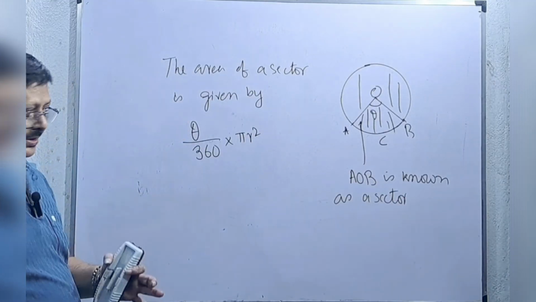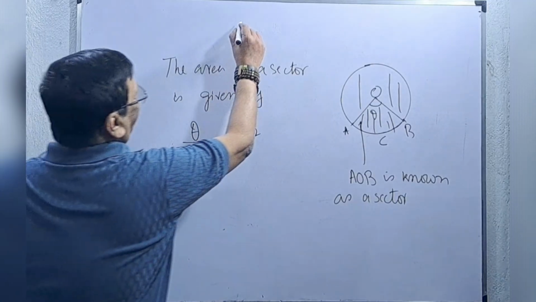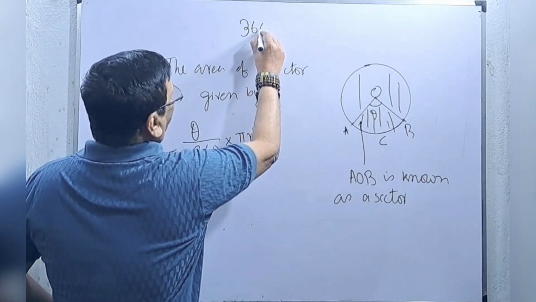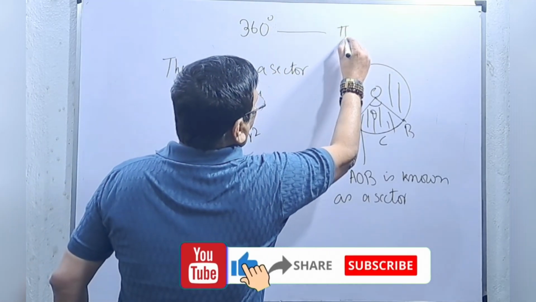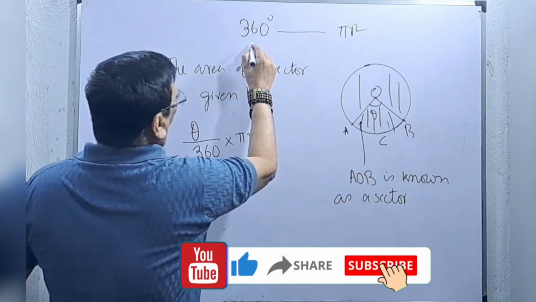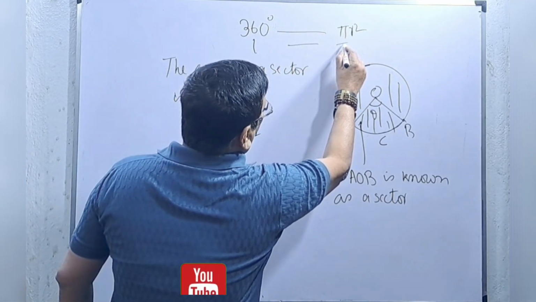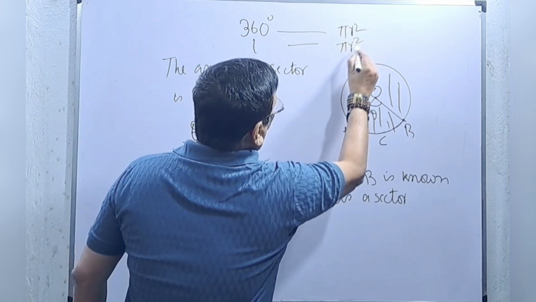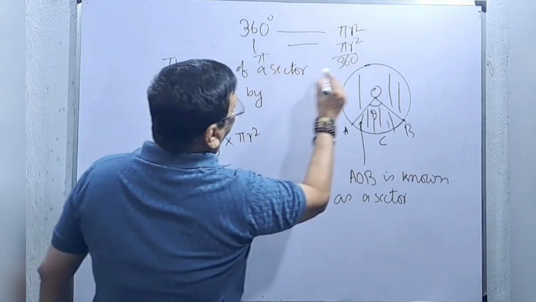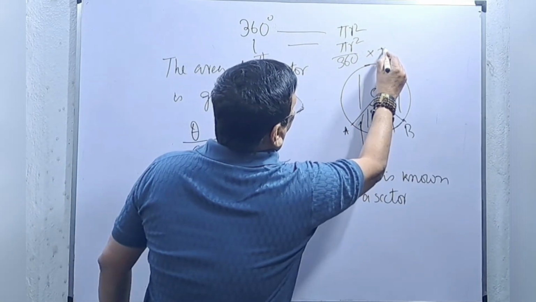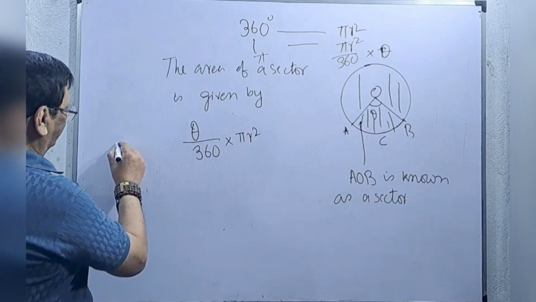You get it? Unitary method. 360 degree describes the area of pi r square, right? So 1 degree will give you an area of pi r square by 360, and if it is theta, it will be multiplied by theta, right? So this is simple. So the area of a sector